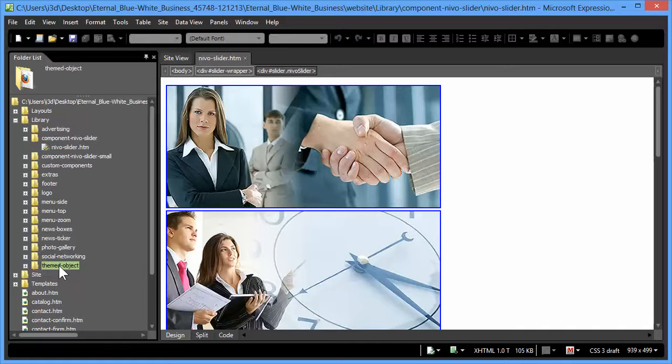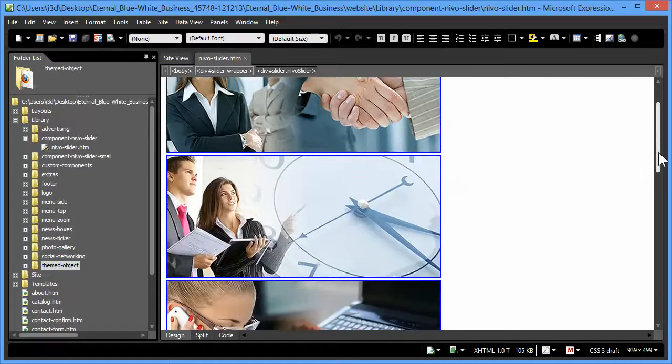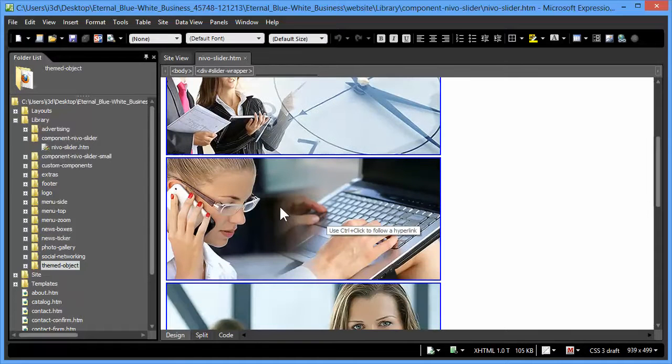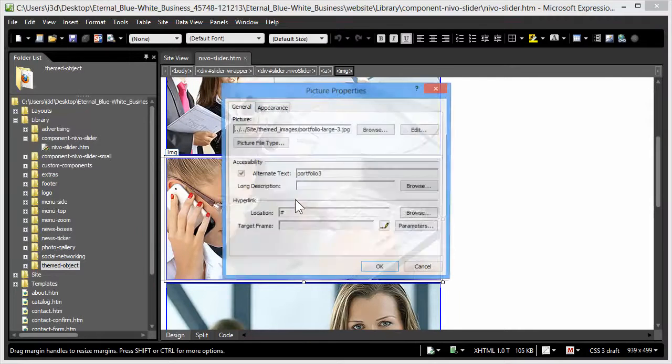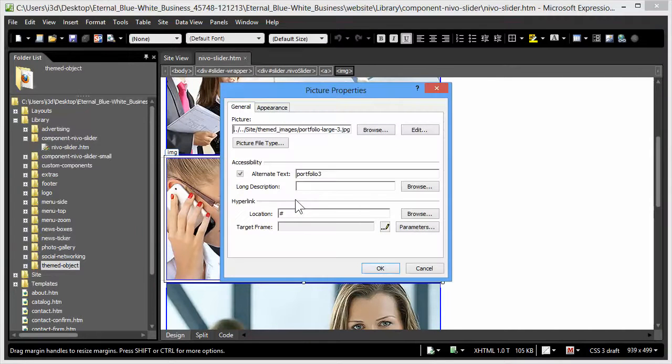The simple way to replace an image in your nivo slider is to double click on whichever image you want replaced. Let's just try something different. Let's go for the third image. Let's just double click on that to open up the picture properties. All we need to do at this point then is click on the browse button,